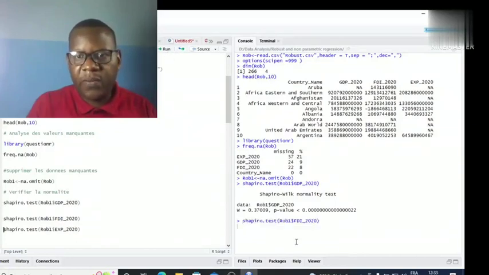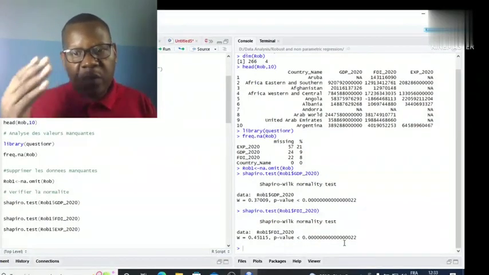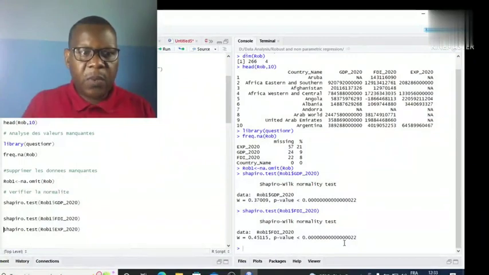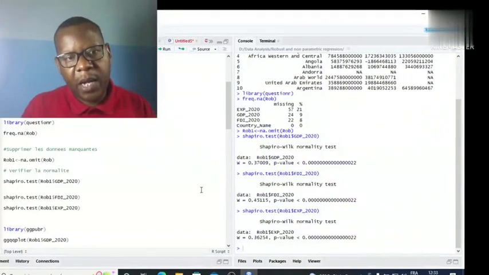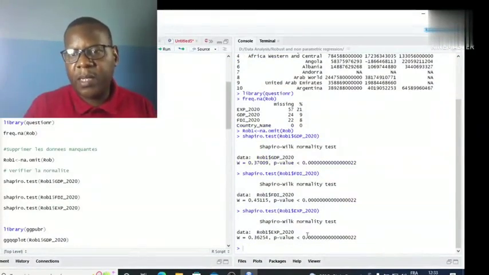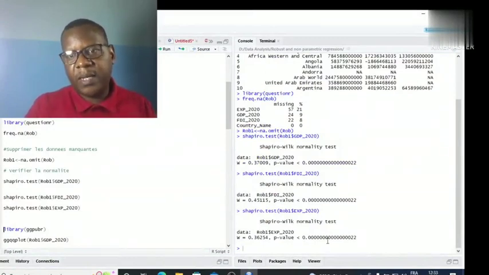As you can see, the p-value of FDI is less than 5%, and we conclude that our data are not normally distributed. Let's check with the exports to see whether exports are normally distributed. As you can see here, the p-value is less than 5%, and as a conclusion, we conclude that our data are